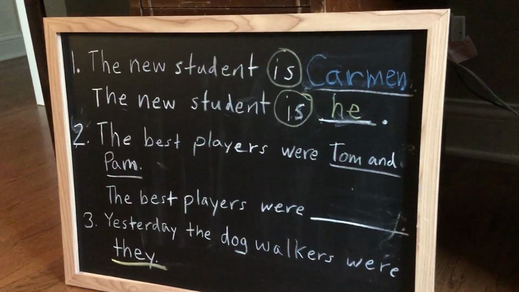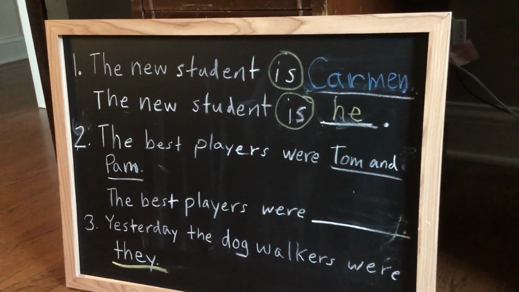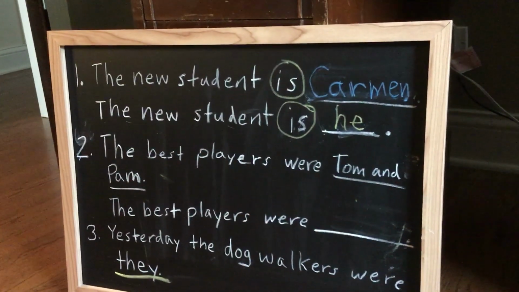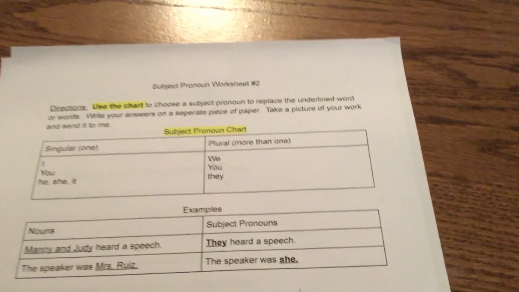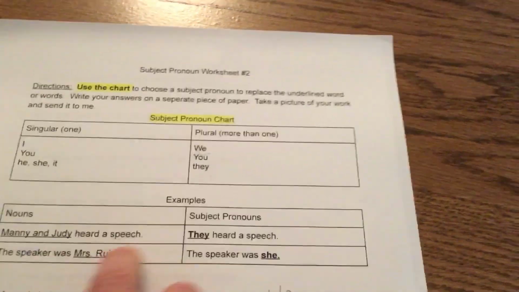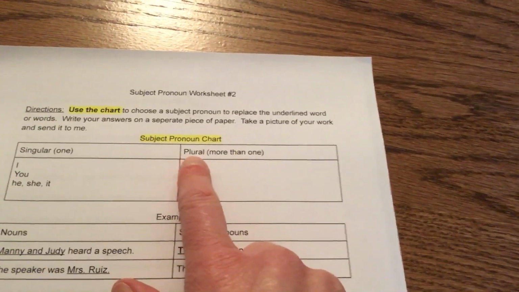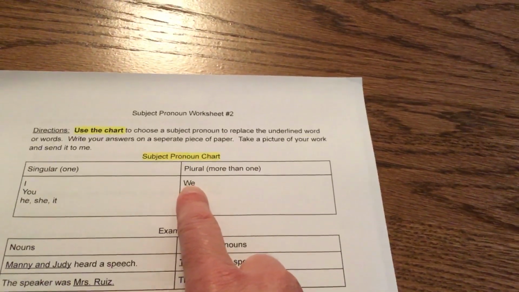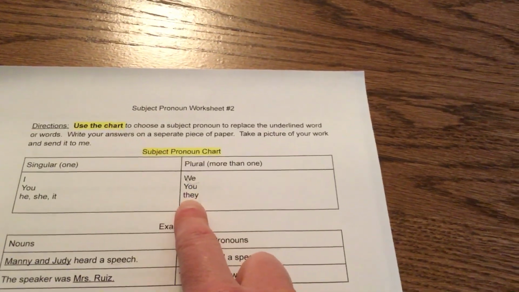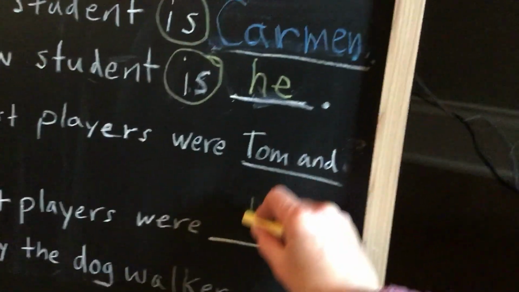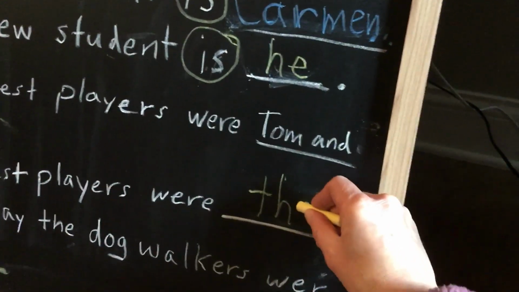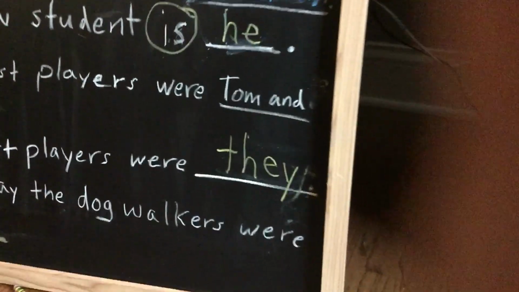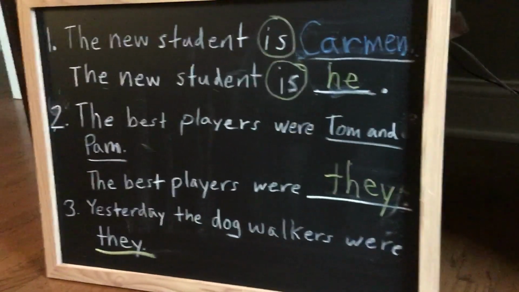The best players were Tom and Pam. The best players were blank. So I'm going to look at my list, my choices. Tom and Pam are plural. They're plural nouns. There's more than one. So would I pick we for Tom and Pam, you for Tom and Pam, or they? I would pick they. Now, yesterday, a lot of kids were putting them, but now let me read this sentence